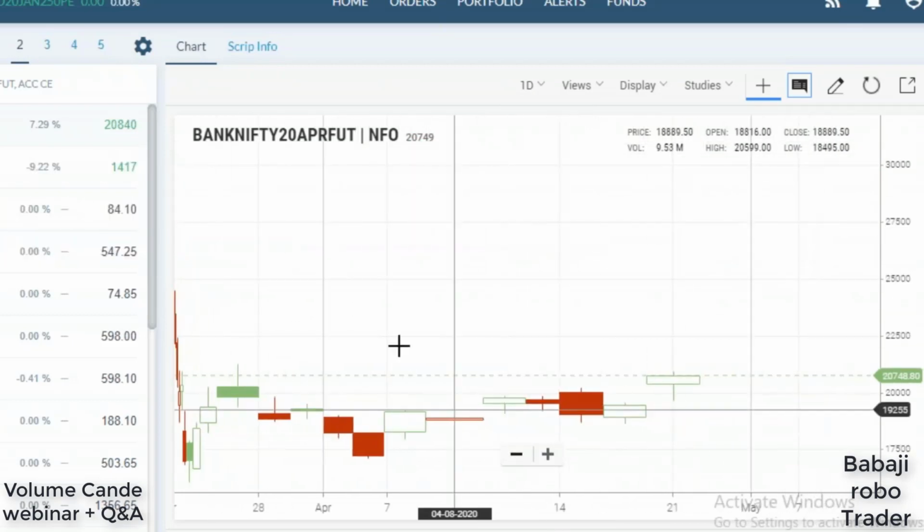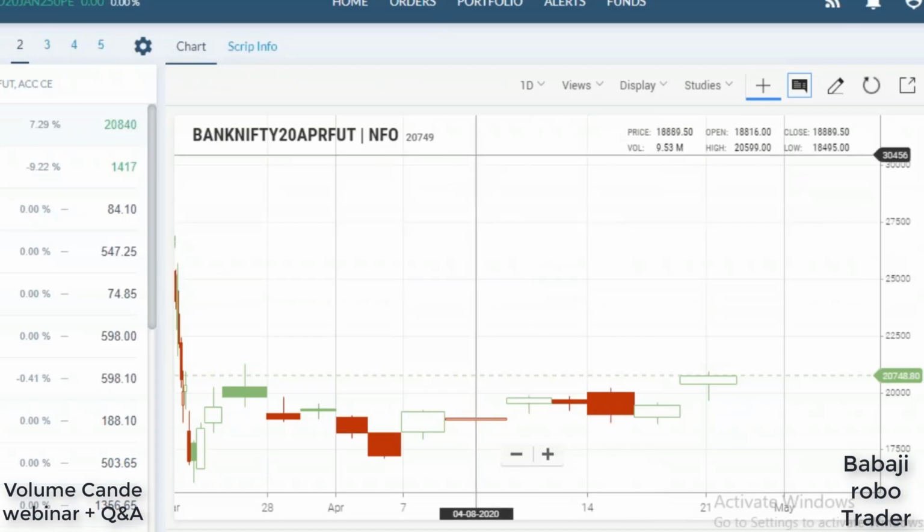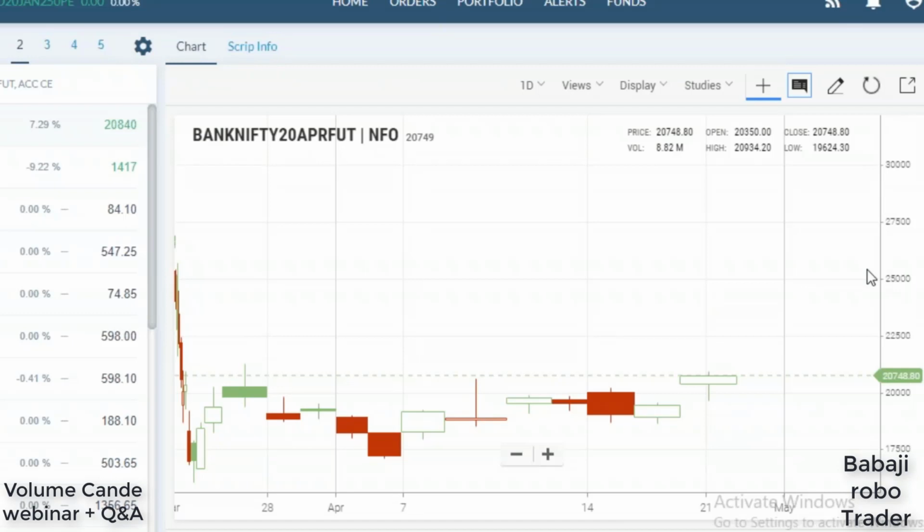So this is the Bank Nifty chart. There is one clue: the Bank Nifty has already gone for a huge reversal. I think the reversal is going to continue. It may reach either 25,000 or 30,000 very soon. So those who have not taken any buy can take at this level, and you have to keep on averaging the levels. Suppose you have gone for the buy on this level, and when the market moves another 2,000 points down, then you can average the position. I'm saying this from a long term equity perspective, not for intraday.